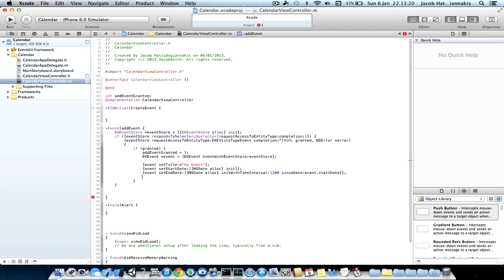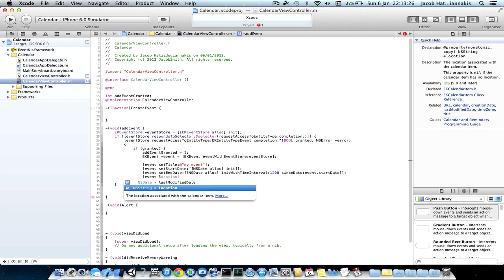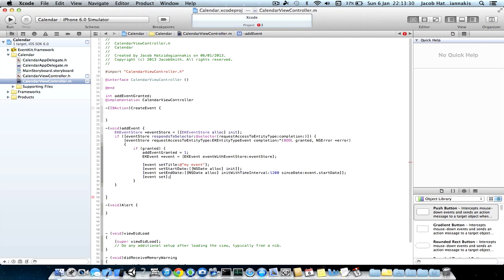And we'll add one more thing, open bracket, event setLocation,